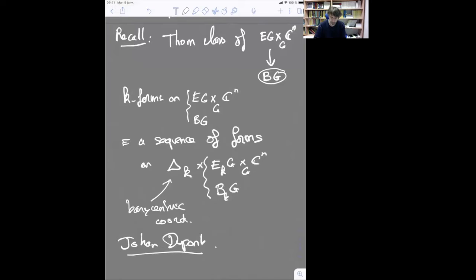This tells you that in this context you have a de Rham theorem. So these differential forms indeed compute the cohomology, and then you can work with all the usual differential topology constructions, and in particular you can consider connections and compute their curvature. But because BG is just a set, in fact there is no curvature